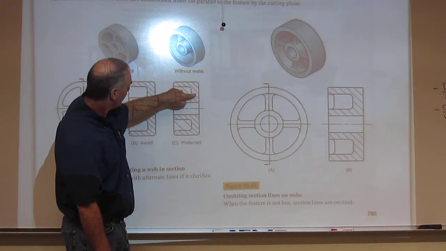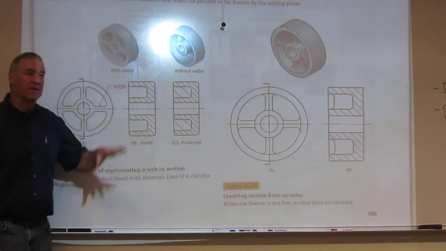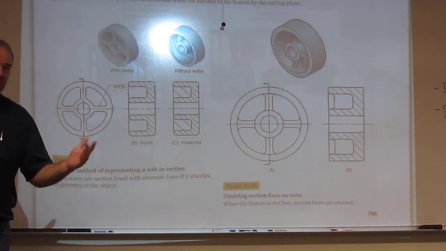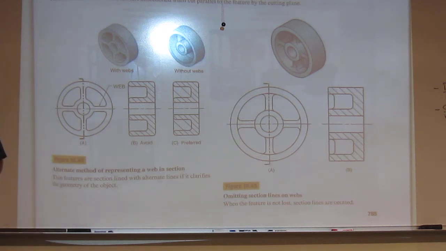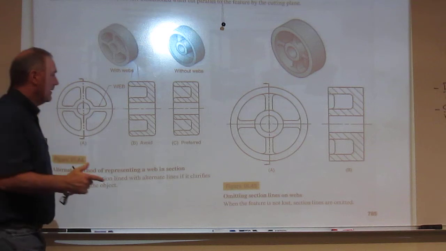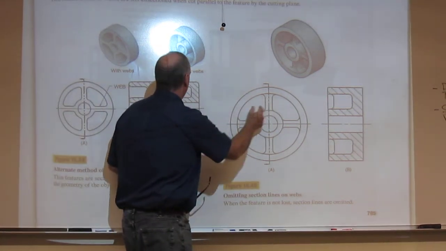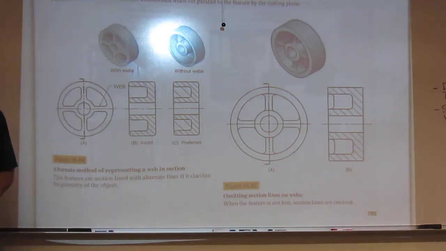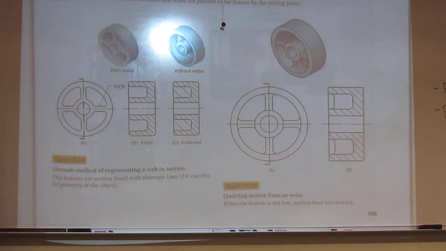That would be this area. It's continuous about a circle, even though it's a thin structural item. So we still section line those. But that's what you want to look for. Is it an item that's thin and there, or does it go all the way around, like on that one? Going back to page 785,